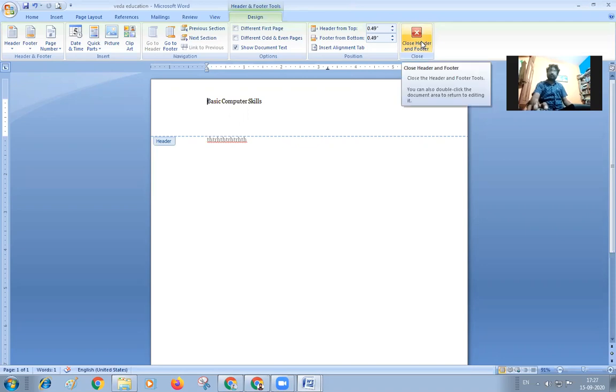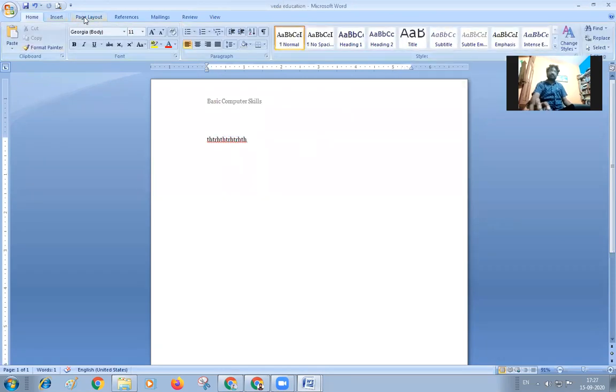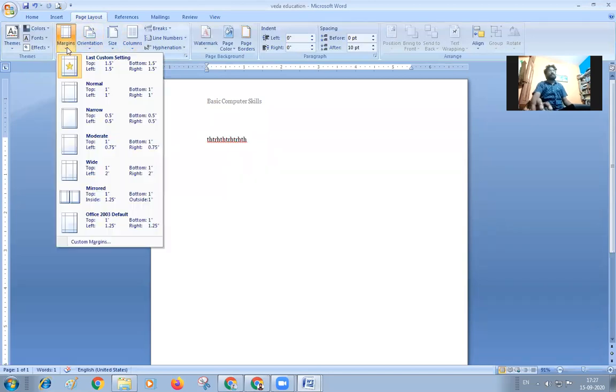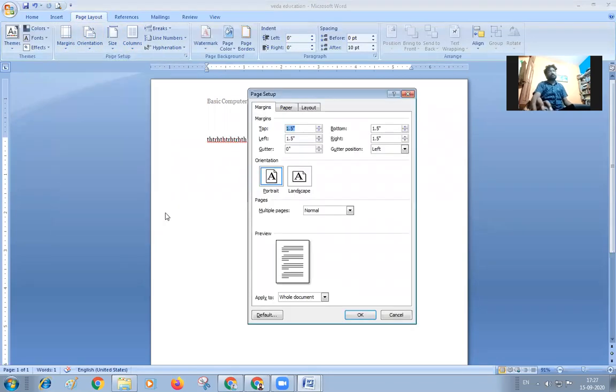Now you are seeing the header and footer. The header part will be there. And one more option we have in Page Layout, after margins, is orientation. What is orientation? There's portrait and landscape. If the document is in the standard format, as you usually see in A4 size, it will be portrait. And if you rotate the page by 90 degrees, it will be landscape.